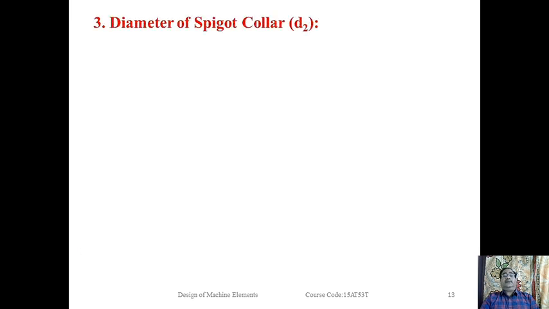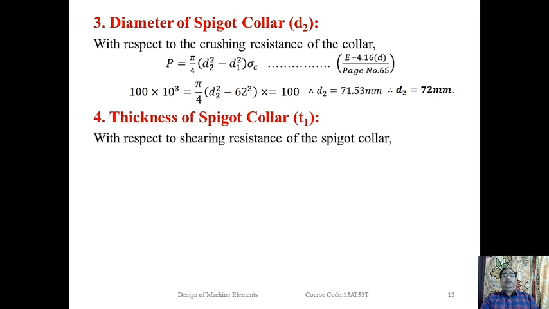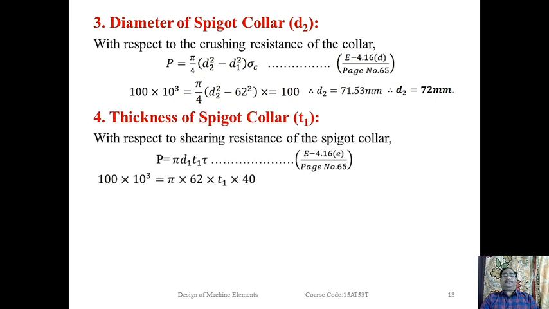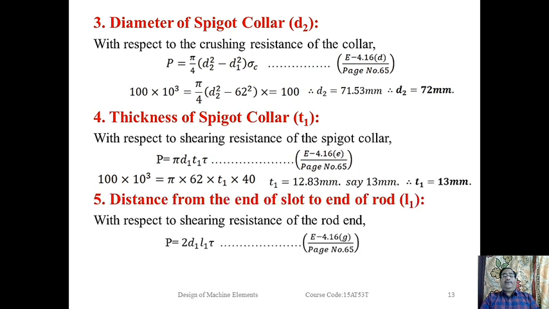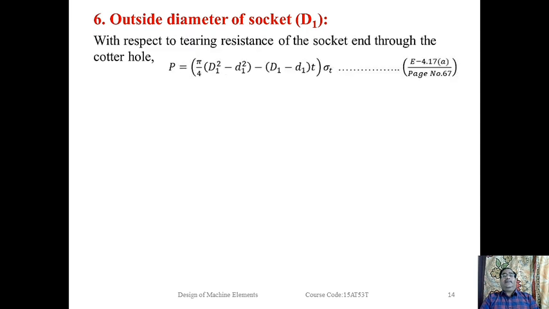After that, the third one is diameter of spigot collar. We have to calculate. So D2 is equal to 72 mm. Fourth one, T1 is equal to 13 mm and value of L1 is equal to 21 mm. And next is outside diameter of socket, that is capital D1. So here also by using the equation 4.17a, which is on page number 67,